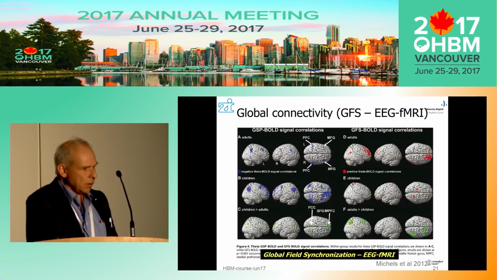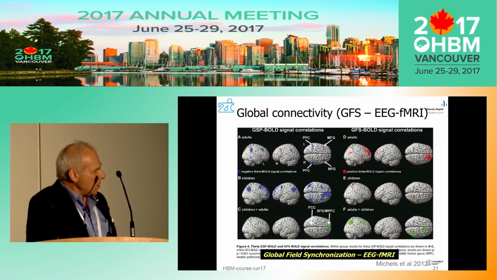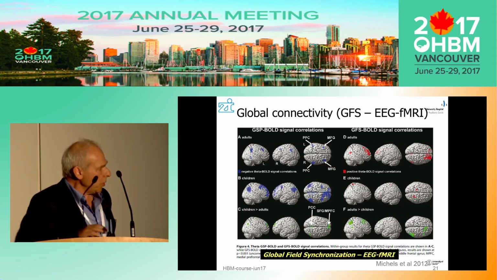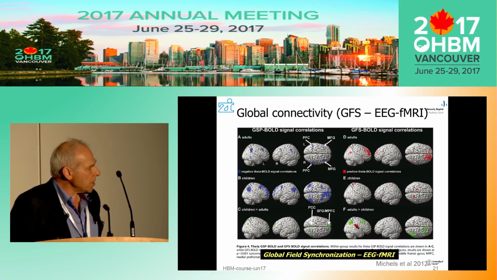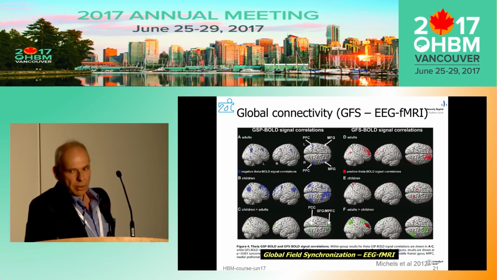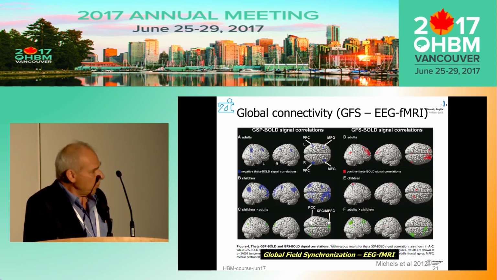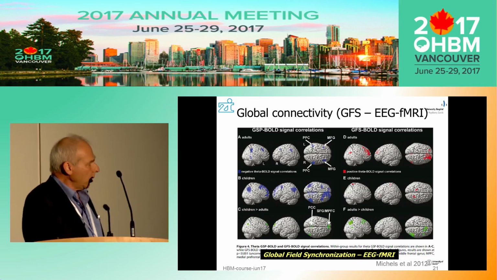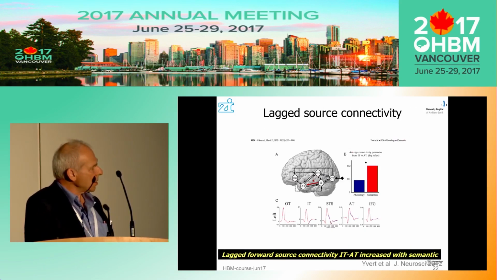And if you look at regional aspects, that's not EEG source localization, but that's a BOLD correlate of these working memory load effects, then what you can see is that global field synchronization really has a very meaningful correlate, namely it identifies the development of the working memory network, the frontoparietal working memory network, and it identifies that better, more precisely, and with more significance than just the spectral power, which is conventionally done in such analysis.